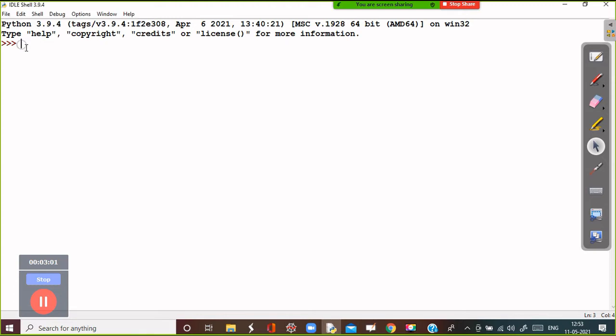So suppose the string is any string you can take. Now the string is, suppose, I love India. And this is the string, and the writing format is that first you have to write the string name, and then you can see the capitalize function is there, capitalize.